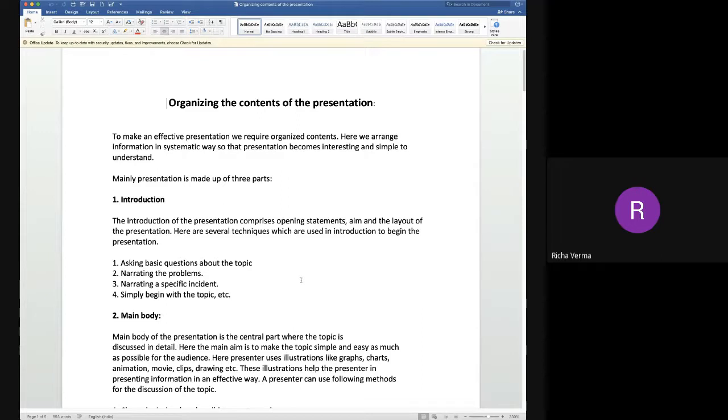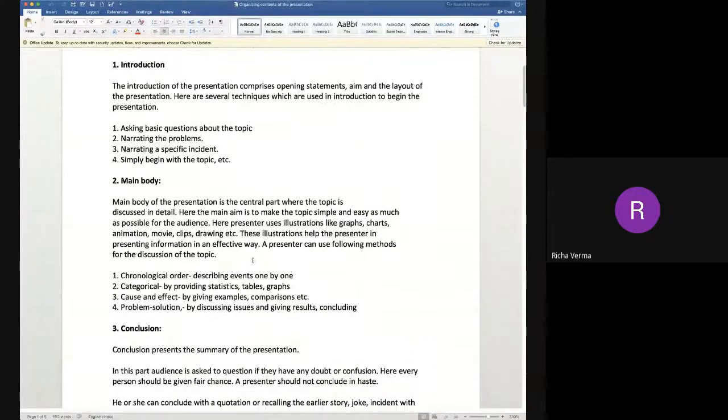So that will create interest at how it could be removed. And or you can just simply begin the topic. So introduction, there are only 1 or 2 slides in PowerPoint. You don't have to elaborate on introduction because nobody is interested in the topic itself, just the introduction or the summary or the abstract of it, but people are more worried about the main issues and the main content of your topic.